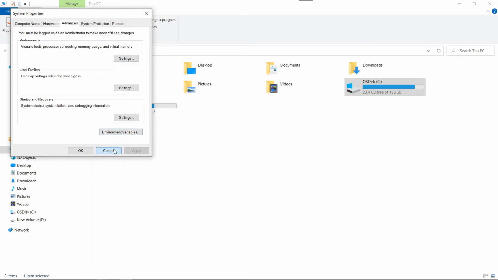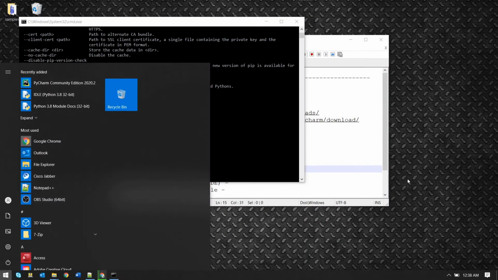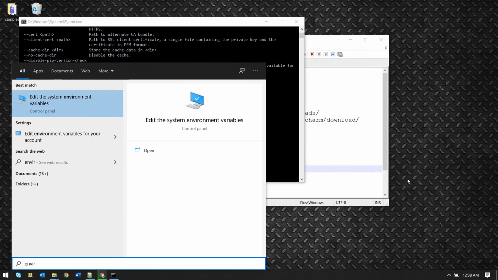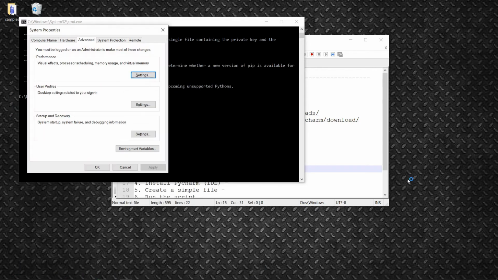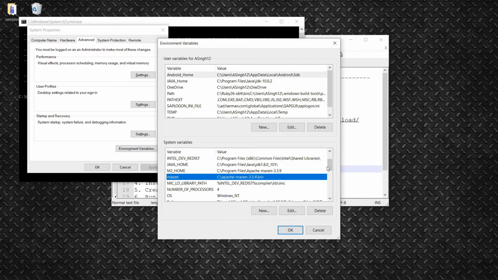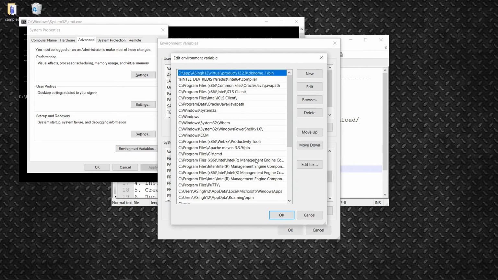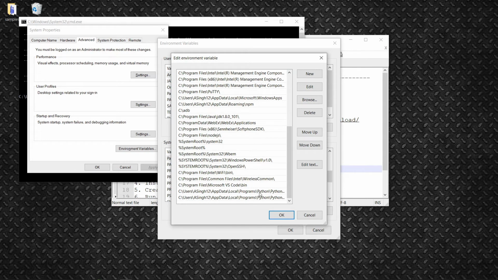Now we have to select the advanced settings option, and we can reach the environment variables. Also, there is one more way through which we can traverse to this location. Go to the start menu, and over there type environment variable, and yes, here you can see we can again open environment variables. So we are now going to click on environment variables and see that over here we find the path variable, and we have to check if the path is added. So yes, we have already added this.